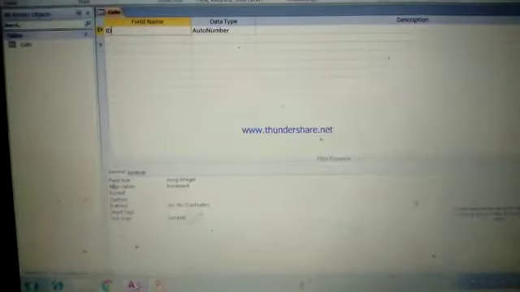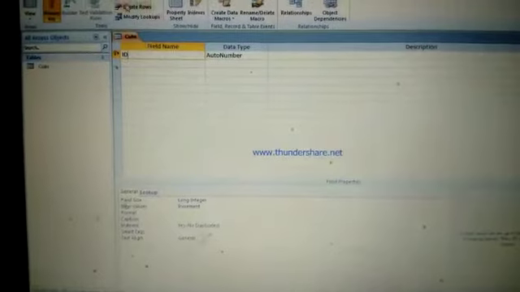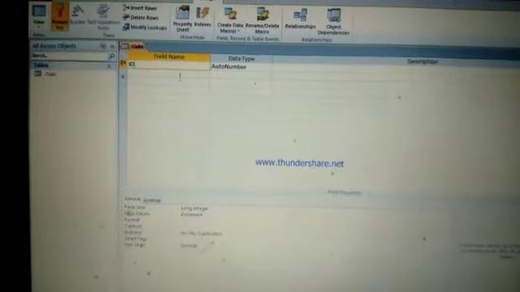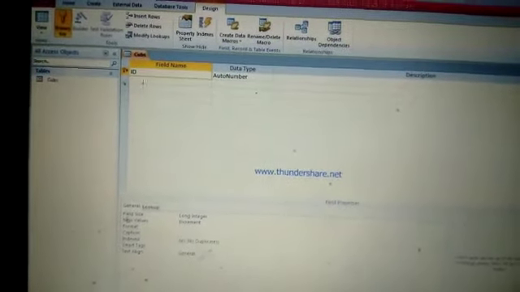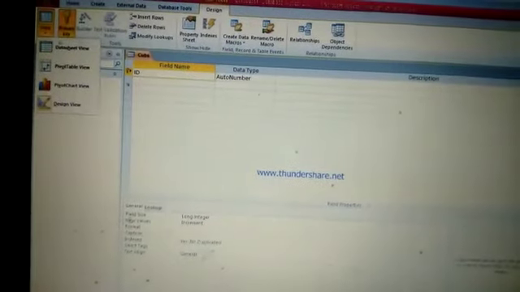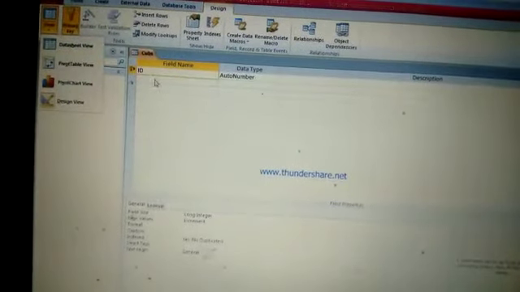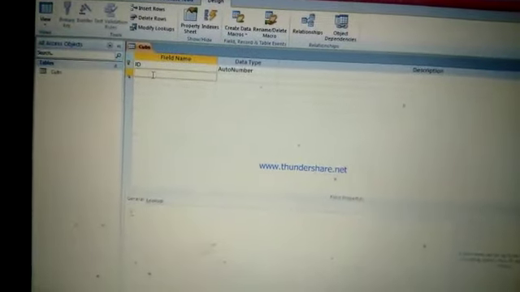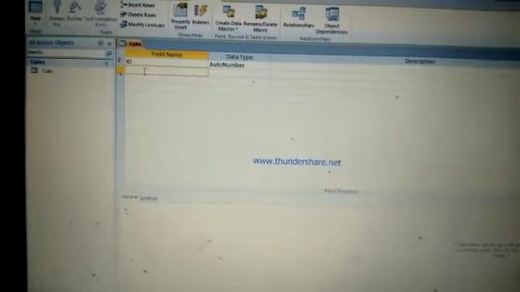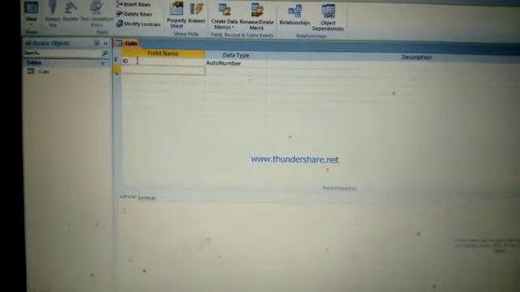For that purpose, I have already opened a database. In that database, you are shown that the ID field is auto numbered. Now let me tell you how to apply validation. I am making a new field. The name of that new field is